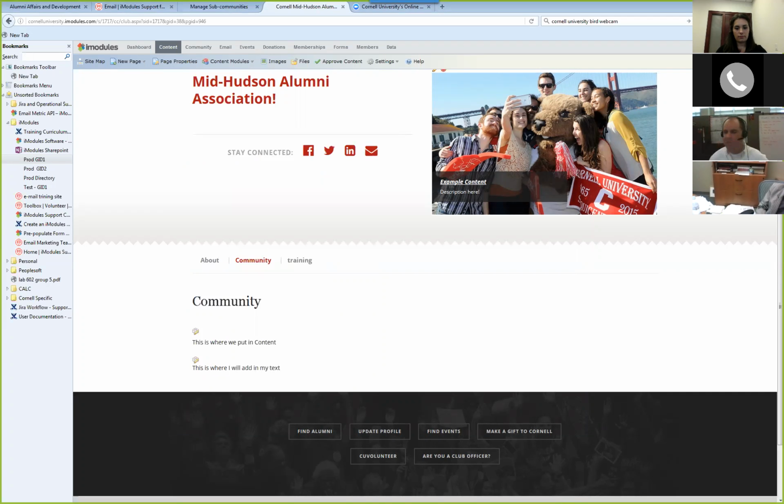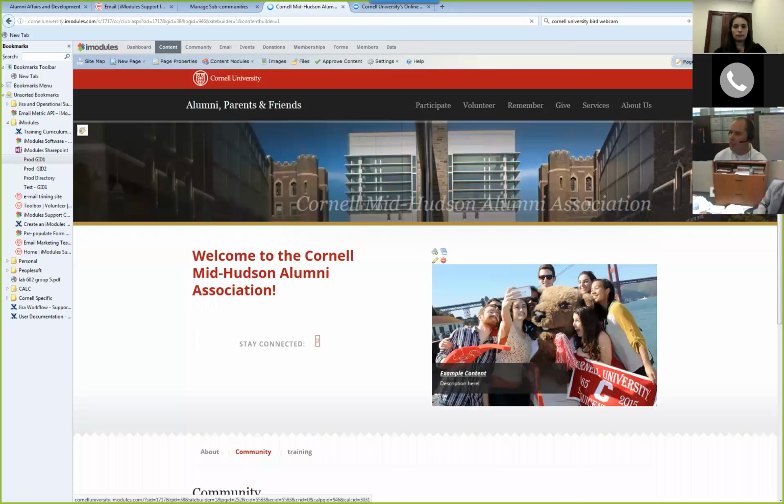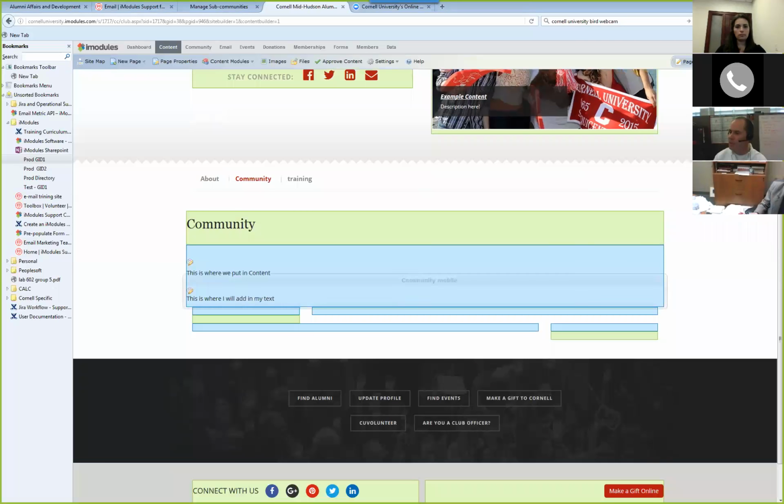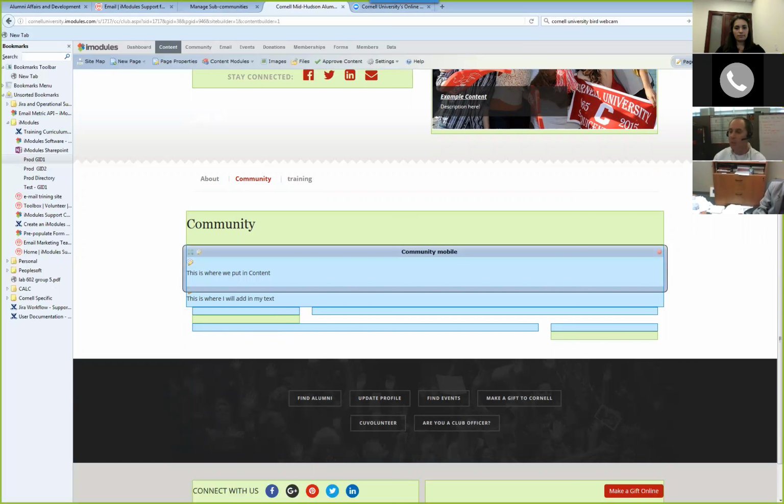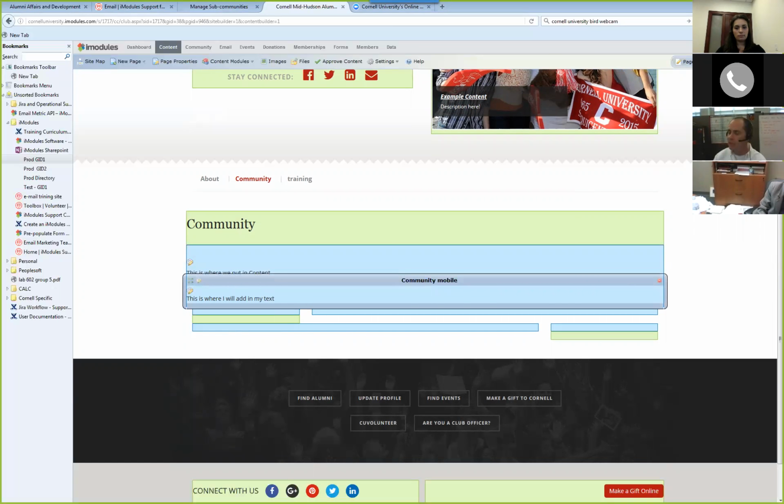One of the things I sometimes get asked is, if I have one content block, why would I want to keep adding content blocks? It allows you to leave one section alone and just add a new piece. And remember how we were able to go up here to hit the content block? We can always scroll down again and just remove a section without having to modify or play with the section that we like. So it just gives us some flexibility.